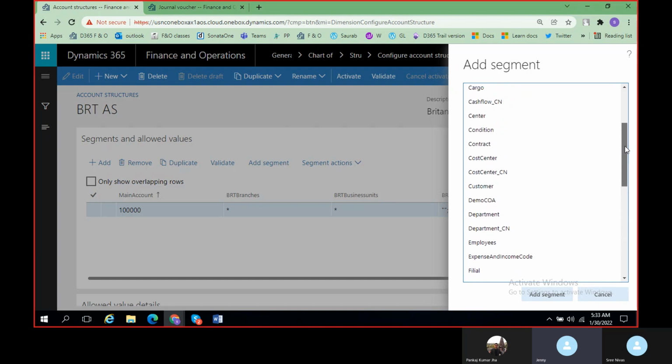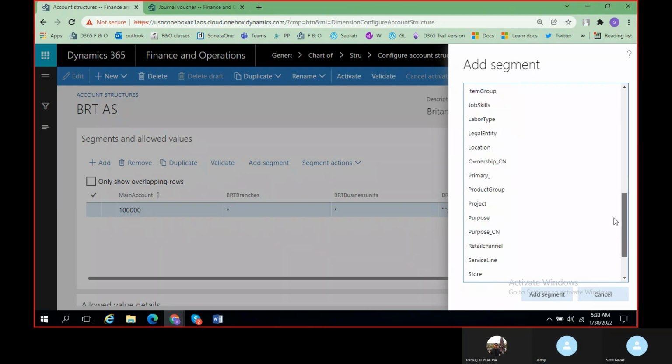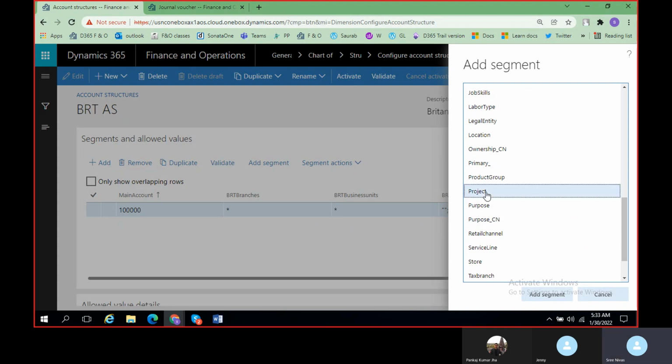You can see worker, vehicle. These are all the default dimensions which are available. Purpose, project. Let's say if you want to add some project also,